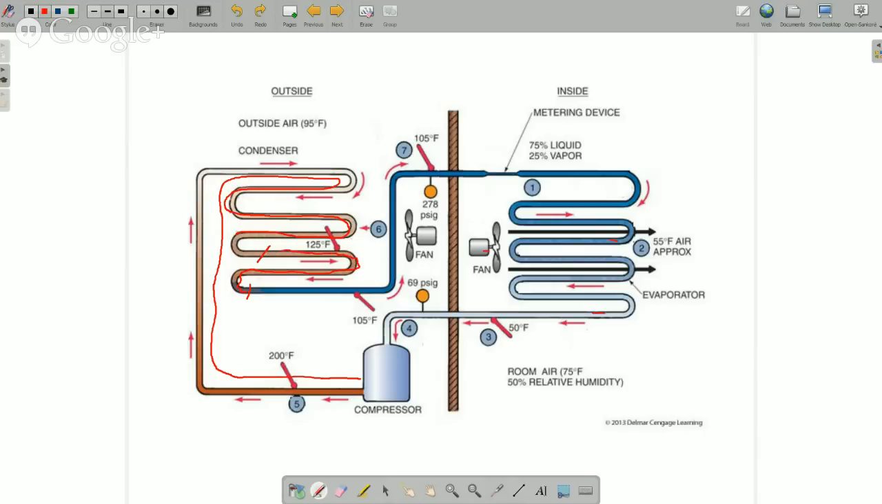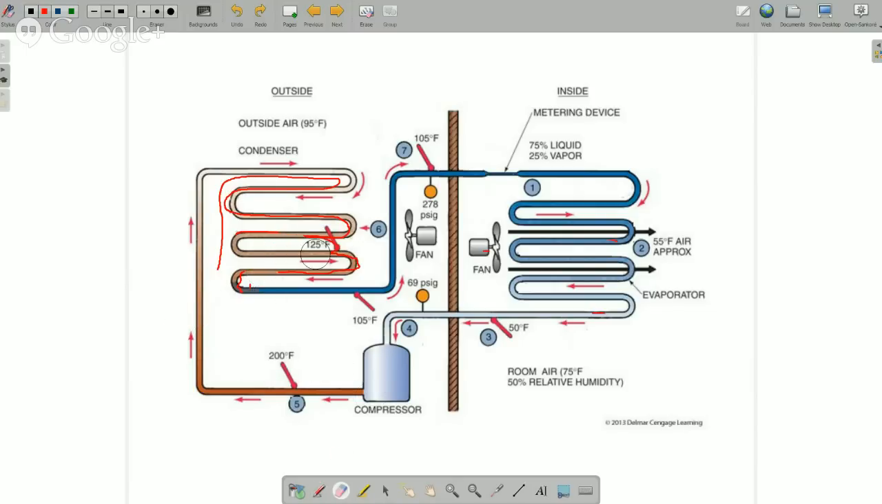And it backs up this refrigerant. So it spends a longer time in the condenser, and it takes longer to find its way up here to the metering device. And what happens is it picks up more subcooling because this refrigerant is 125 degrees Fahrenheit, and if it's overcharged enough,